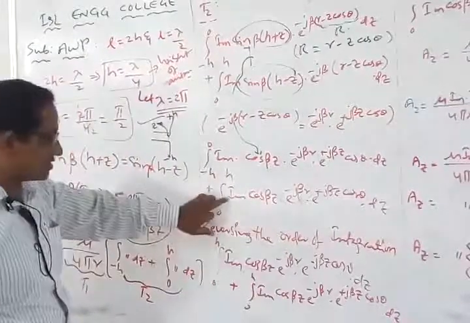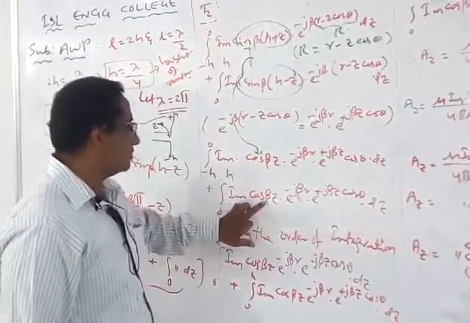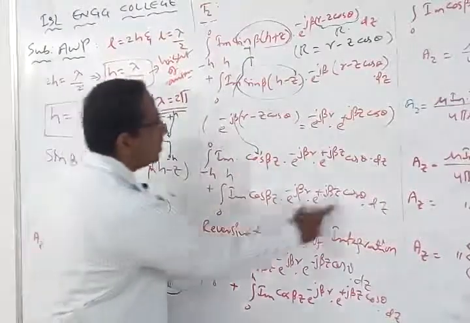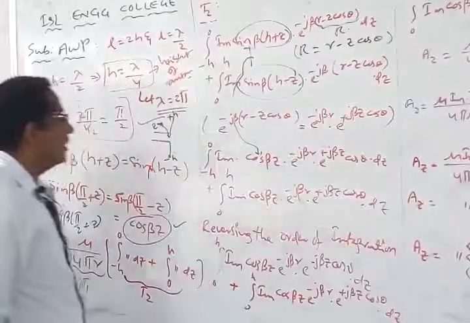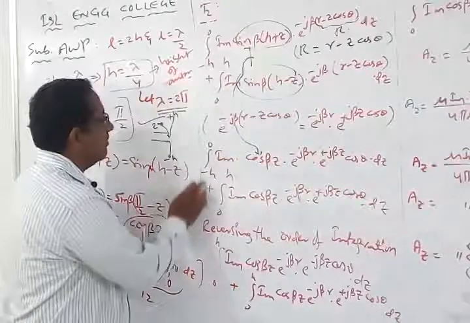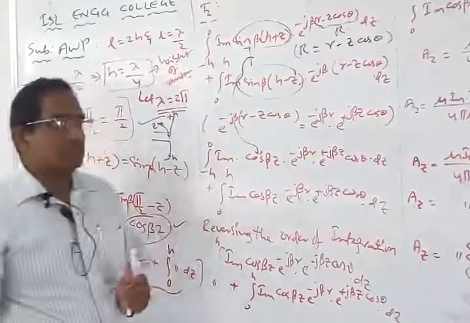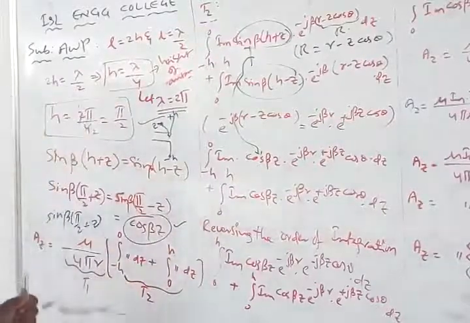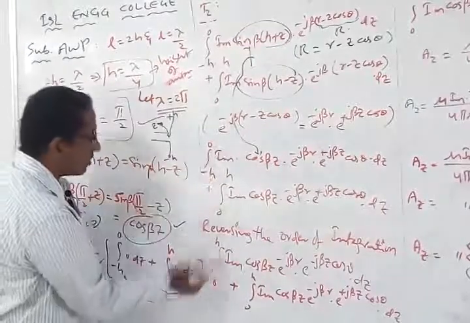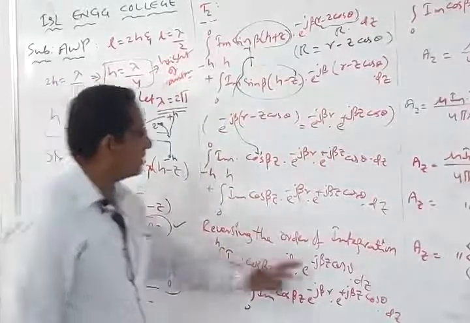Similarly, I can expand the same for the other limit, 0 to h. Therefore Im cos beta z, this is for the sine of h minus z component, into the exponential component as it is. Now to solve this equation, the only problem we have is the limits. One limit is minus s to 0, another limit is 0 to h. So here we are going to reverse the order of integration, from minus s to 0 into 0 to h. That means I will be reversing the order for the z direction.